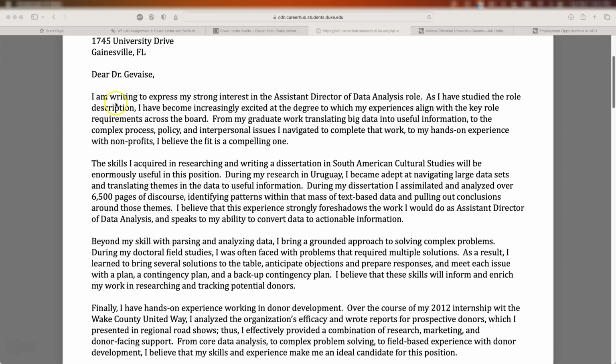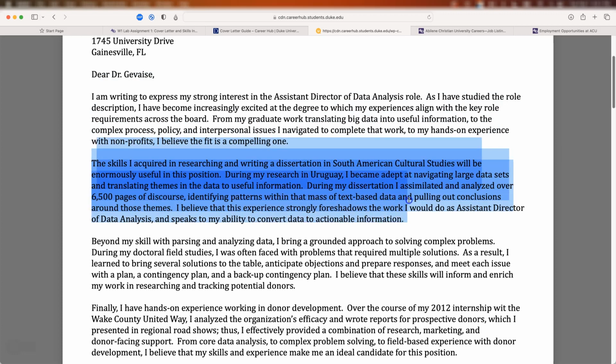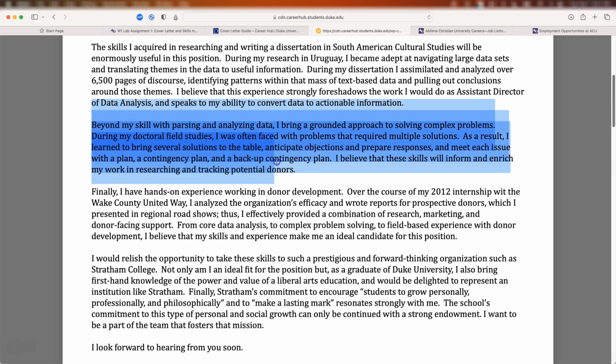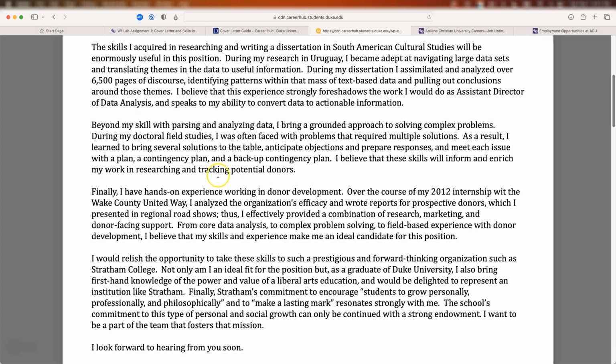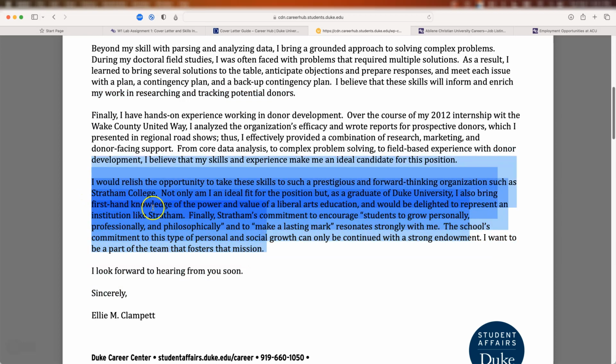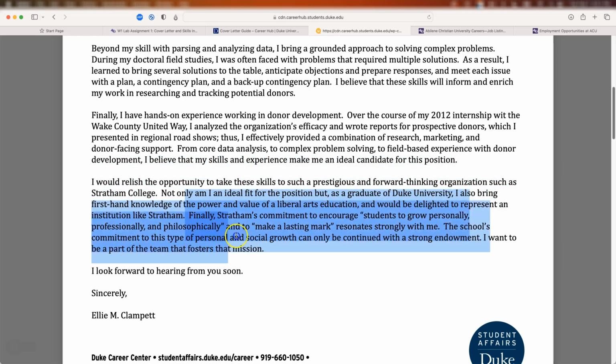assignment, we find that we have a brief introduction. We have talk about skills that have been acquired. We have talk about their background, so more skills, but with some specific examples. And then work experience. And then we have the statement here that says, oh, hey, I'm very interested in your place. I have good qualifications for it, and here's some other reasons why I'm interested in that particular institution, this